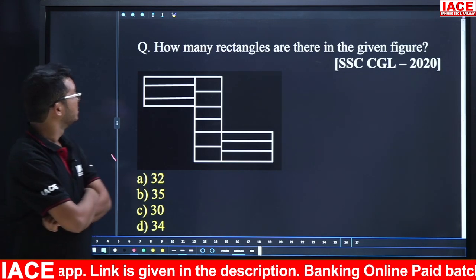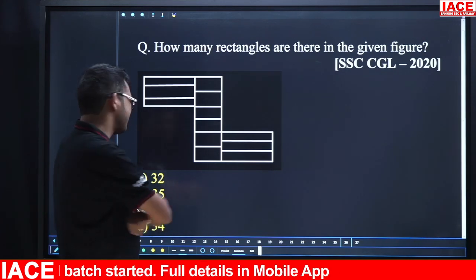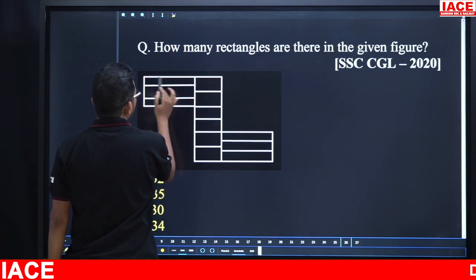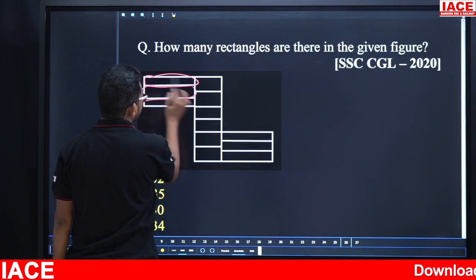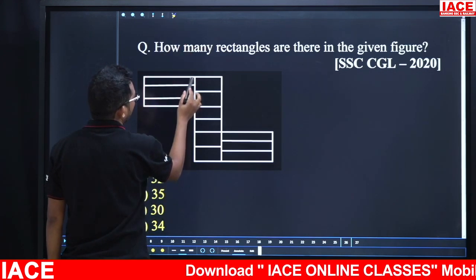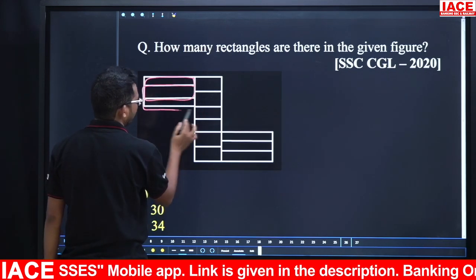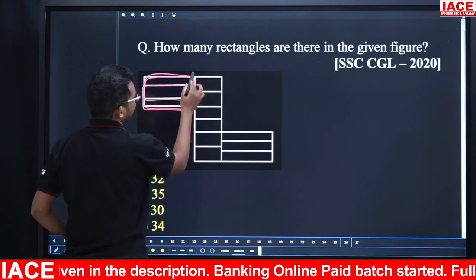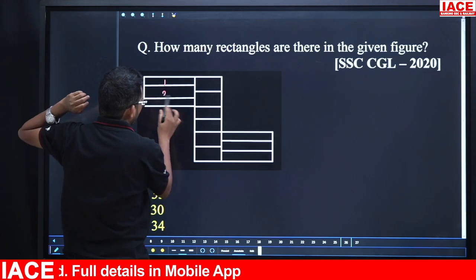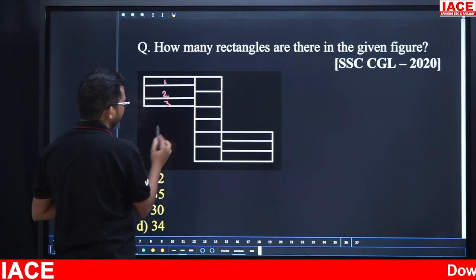Time up. So the question is, how many rectangles are there in the given figure? And number of rectangles. Suppose friends, take only this part. Now here this one is one rectangle, this one is one rectangle, this one is one rectangle, 3. Next after combination take 2 combination. Here this one is one rectangle 4, this one is one rectangle 5, the entire one is one rectangle 6. So instead of counting like this, take the small rectangles 1, 2, 3 and 1 plus 2 is 3. 3 plus 3 is 6. That means total for this part is 6.